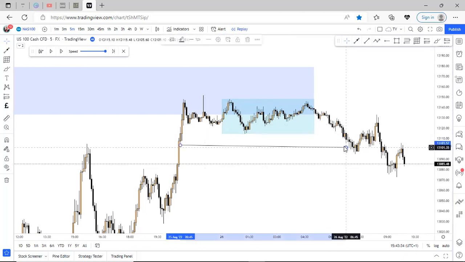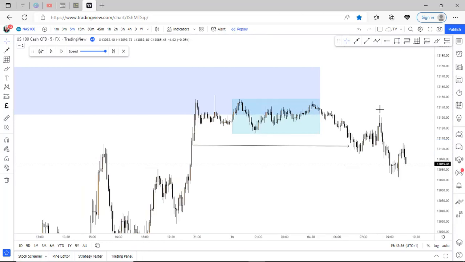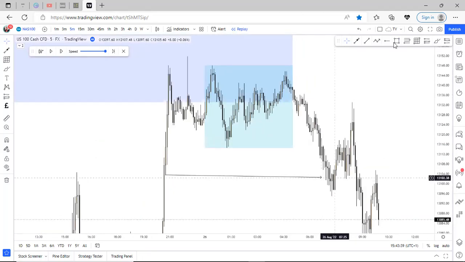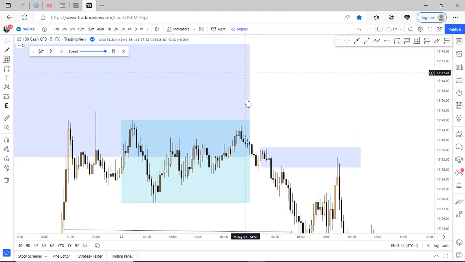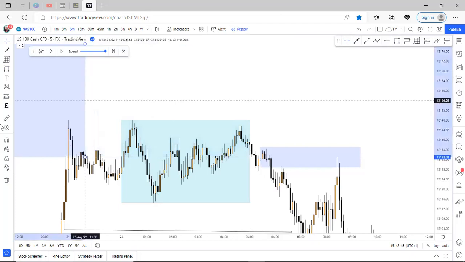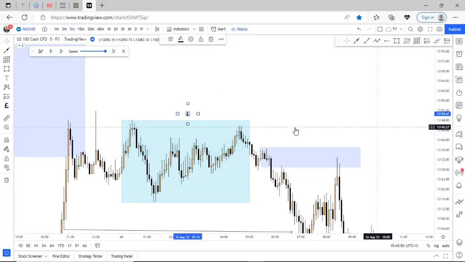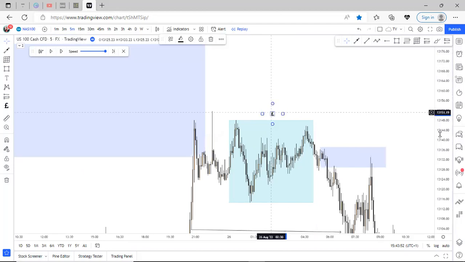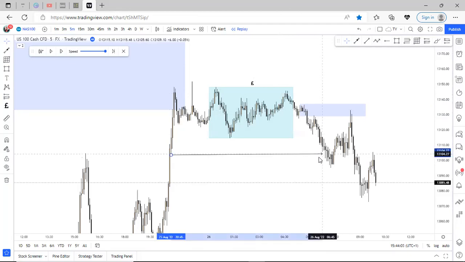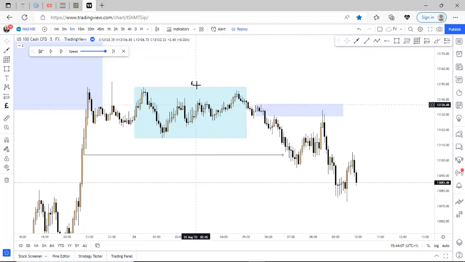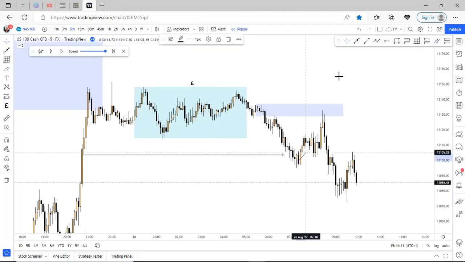Now, all I did was wait for price to retrace back up, and I had this supply zone marked out. But keeping in mind that the Asian range high is yet to be grabbed, we have liquidity sitting right here. If you are yet to watch my video on the Asian session range concept, please go and watch. You will get a better understanding of what I'm talking about. Putting this in mind that we are yet to grab this price, and this is indices, price could spike up first before dropping.